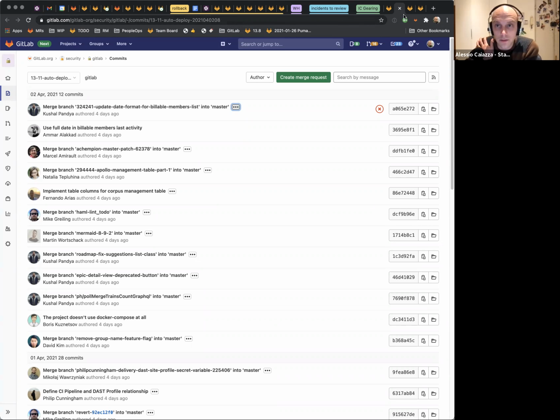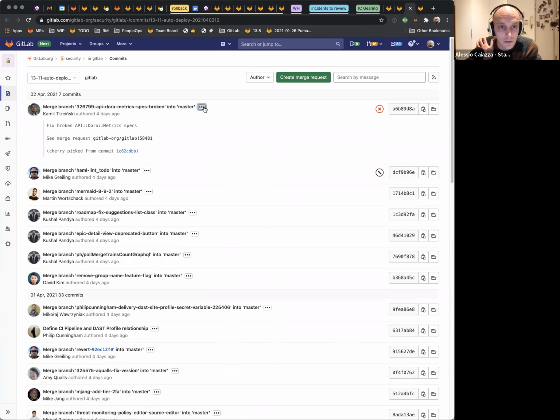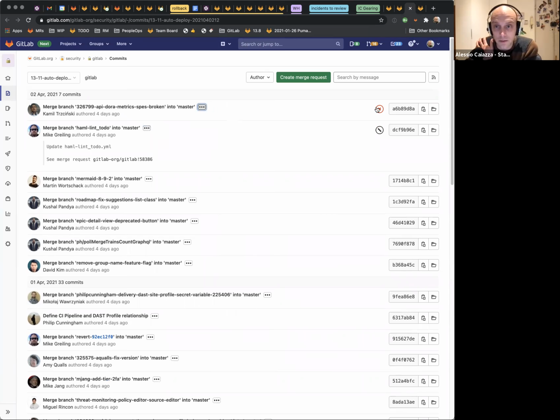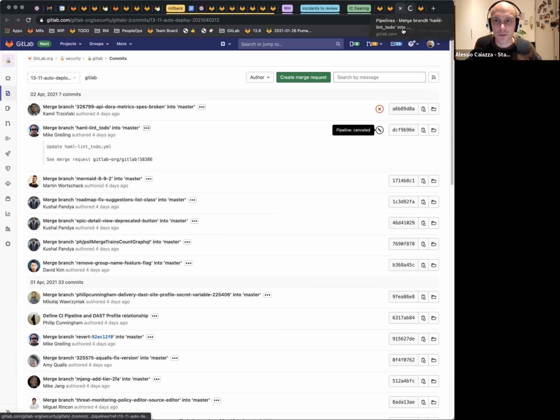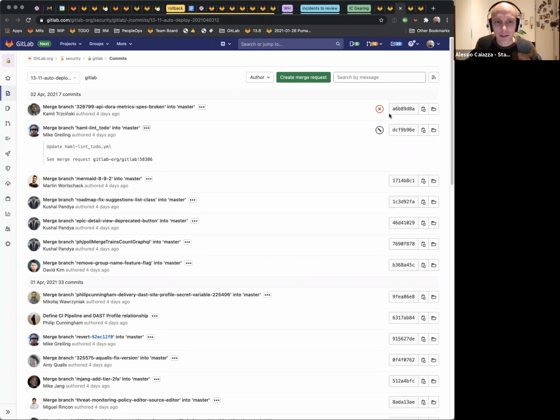Then 4 hours later, we created a new branch. So this is a cherry pick, so we don't care. This is not a cherry pick. So back then, for some reason, this was the only one. Let me see, because instead of just guessing, if you open them, there's always two. There's the one that was green on master that we created the branch from, and then for some reason the branch pipeline from the auto deploy branch fails, so it shows up as failed. But it was green on master.